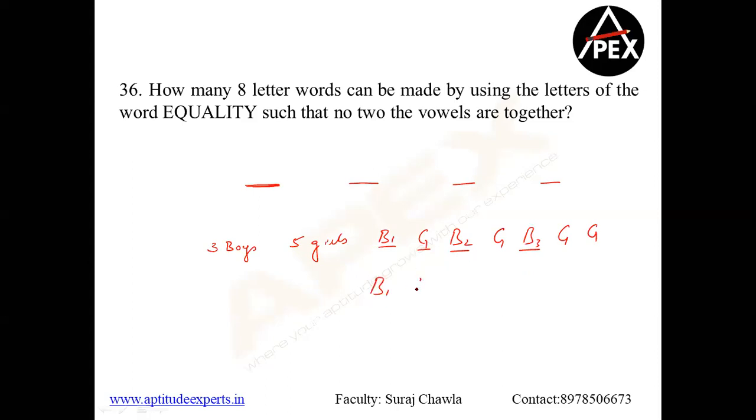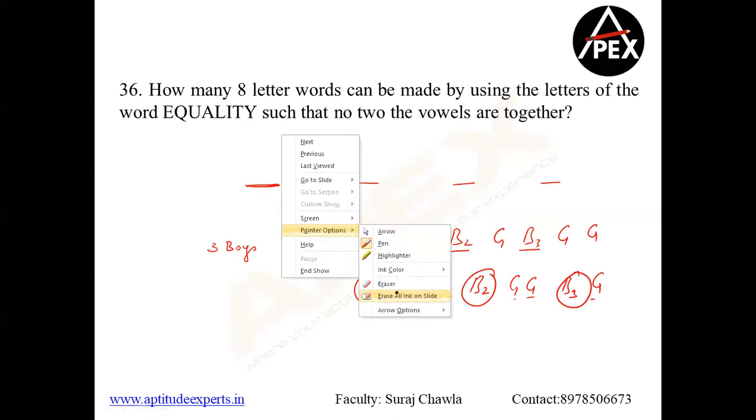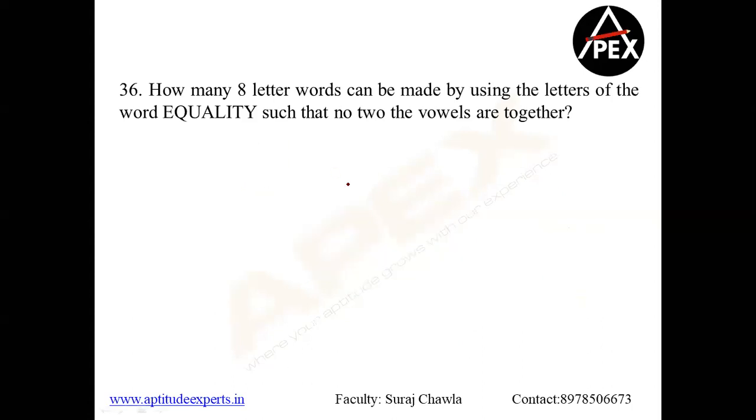Clear? Similarly, what can I have? I can have boy one. I can also place two girls here. Clear? And then I can place a boy two. Then similarly, I can place again two girls here, and then I can place a boy three, and again I can place a girl here. So please understand, which means between two boys there should be at least one girl, right? So logic is quite simple. What I'm doing here is I will be first arranging. So between every two vowels there should be at least one consonant. Clear? So what you can do is first arrange all the consonants.